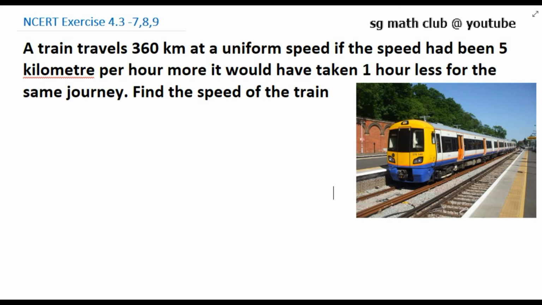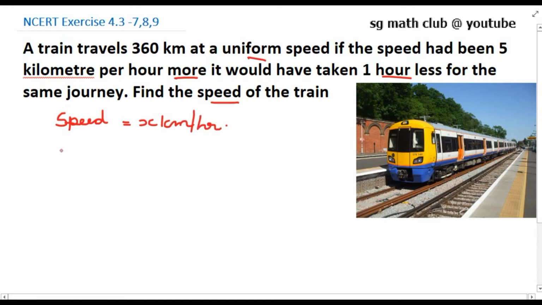So the first question is, a train travels 360 km at a uniform speed. If the speed had been 5 km per hour more, it would have taken 1 hour less for the same journey. Find the speed of the train. So we'll take, let the speed of the train be x km per hour